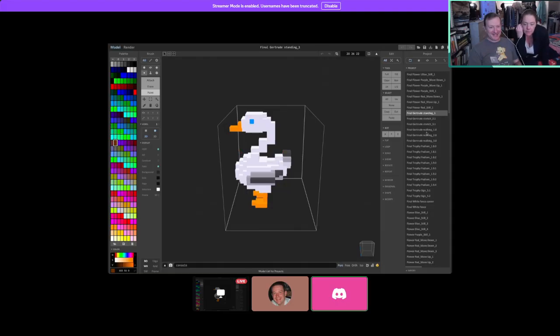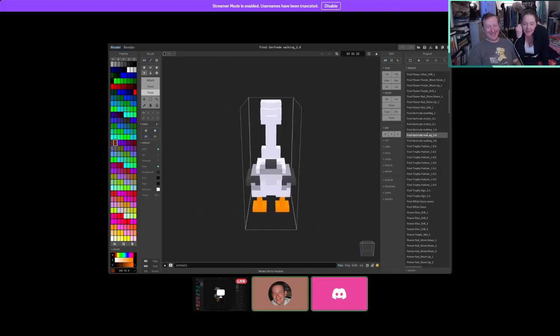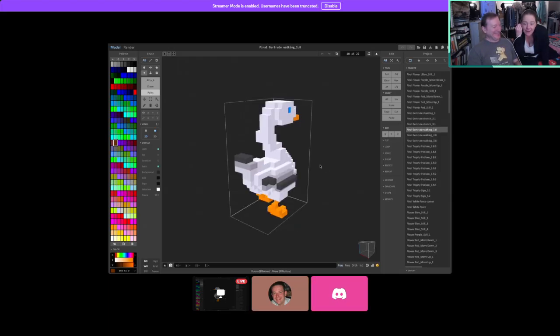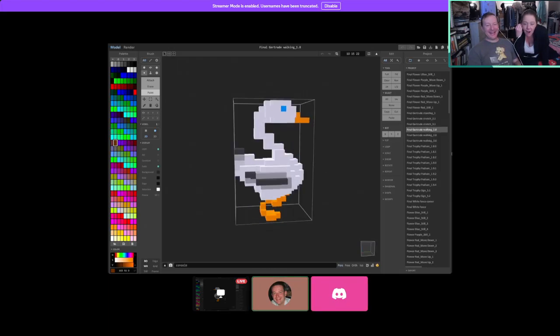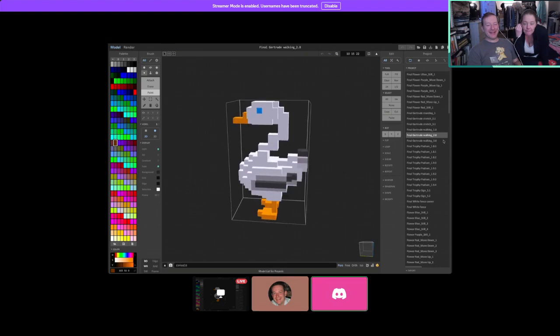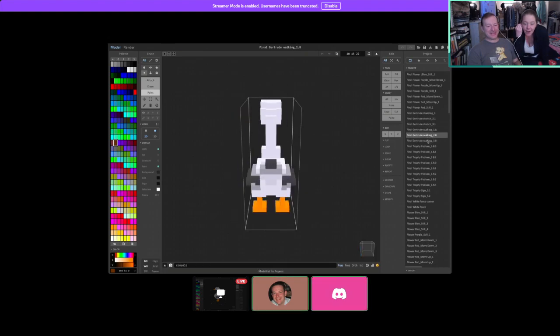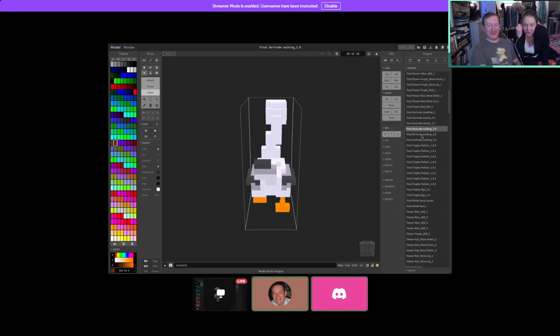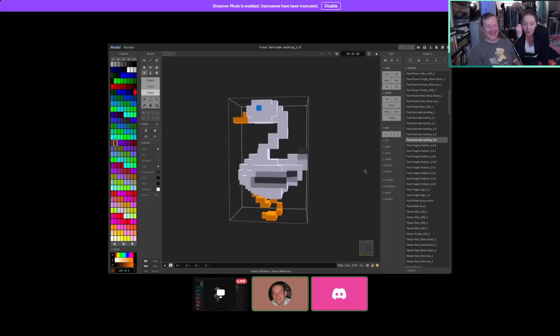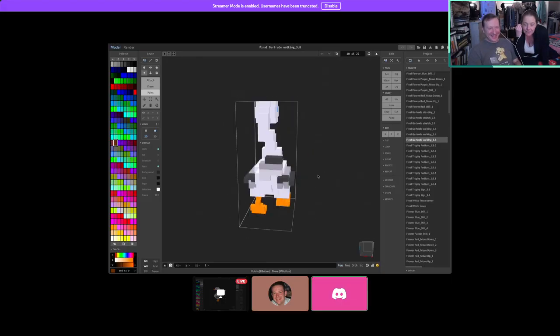Okay, so this is Gertrude on the side, and this is her little stretching animation. Oh my god! So cute! I love it. Her little beak opens. And then this is her walking animation. Oh my gosh! Side to side. She's got a little... Dude, you went so above and beyond. Oh my gosh! You waddled. I love it. That is so good. Thank you.